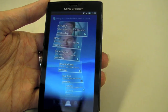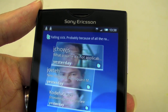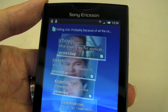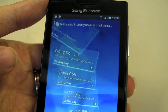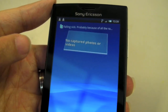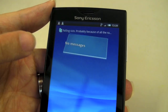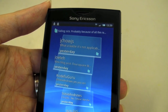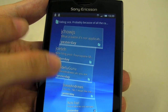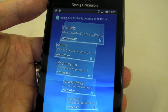Timescape is actually a software and application that comes with Sony Ericsson that aggregates all your social networking, your Twitter, your Facebook, your music, played music, your camera, your photos, your emails, your messages and everything, all your phone calls, and basically aggregates all your information into this tile-like looking interface. So I don't know about you, but I don't quite like this thing, because